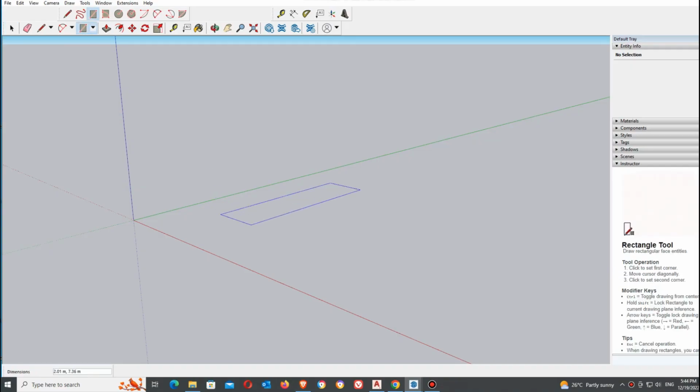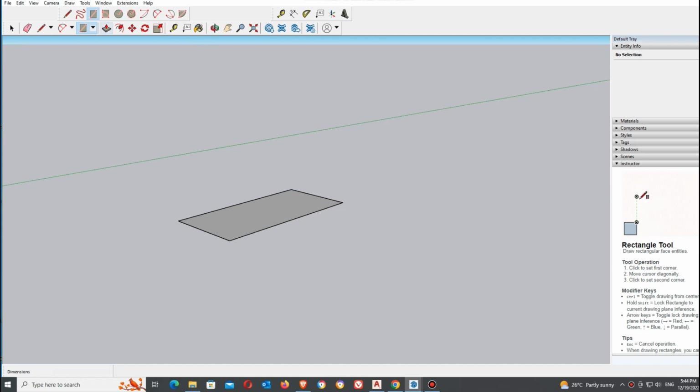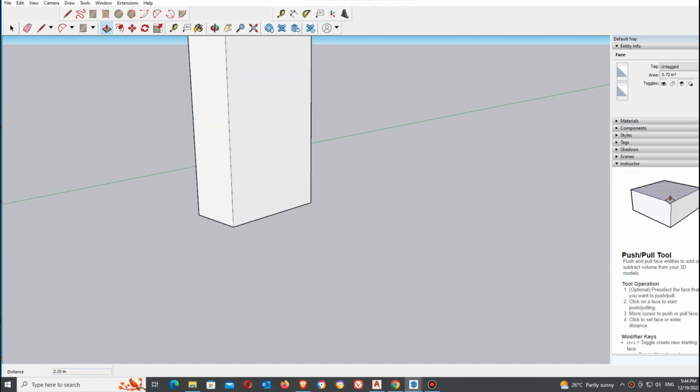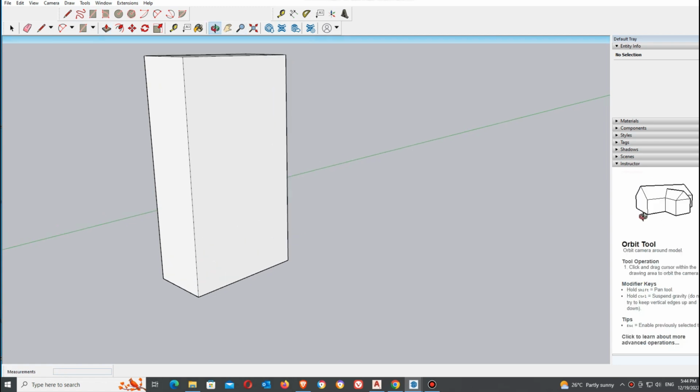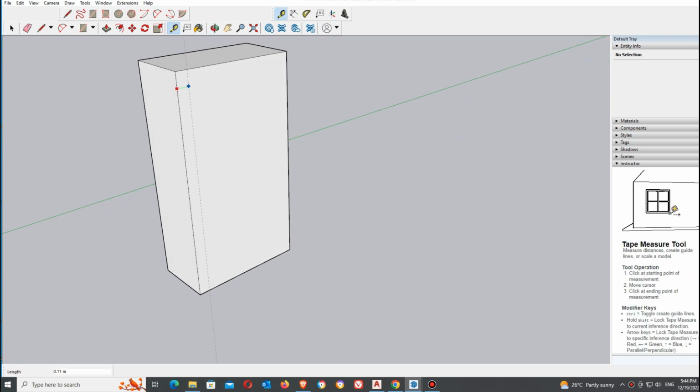So let's start. We make a rectangle of 60 centimeters by 1.2 meters. Extrude it up to a height of 2.2 meters or as much as required. Draw a grid line of 4 centimeters from the left in the center, 2 centimeters on its left and 2 centimeters on its right. So the center portion of the cabinet on the top is 4 centimeters,